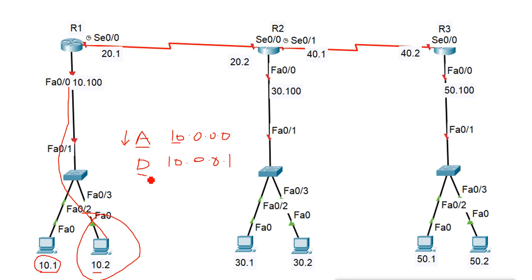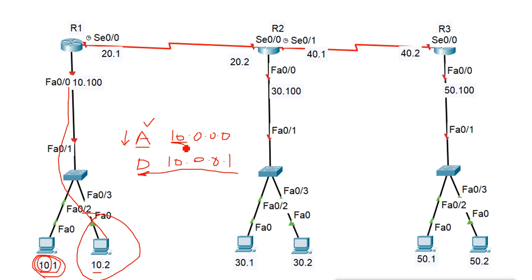Now if this machine comes, remember I have to deny this, and I have given the entry to deny. Now when this machine comes, the router will check the list top to bottom. First it checks whether the entry is matching network 10 or not. This one is also network 10, so it will match here. So what will it do? It will allow. It will not check the other entry which says deny that machine, deny 10.0.0.1, because the first entry says it allows. So this is the wrong sequence.